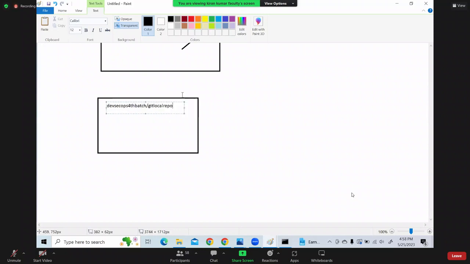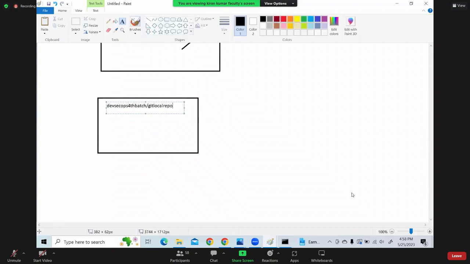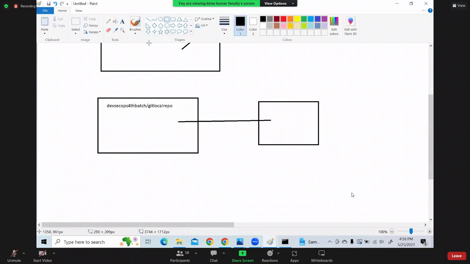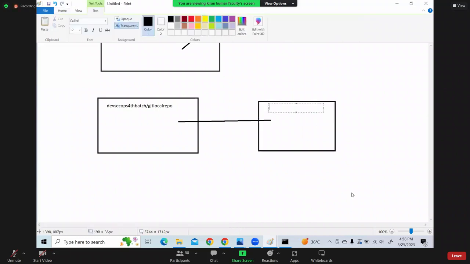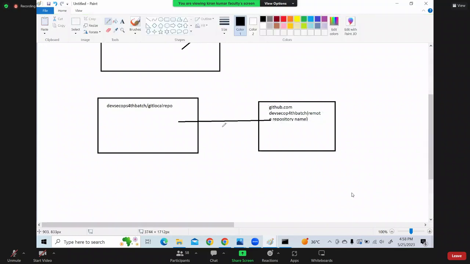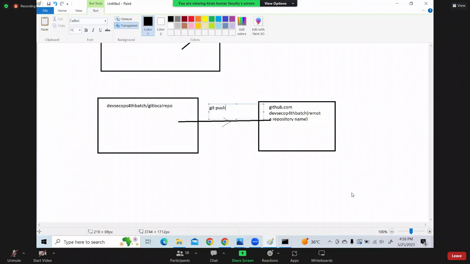This is your local repository, and already I have pushed the code from here to github.com, in the DevSecOps 4th batch. This is a remote repository. Right, so I used the git push command. Now what I'll do,